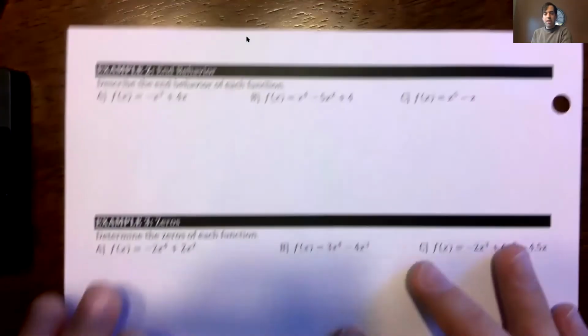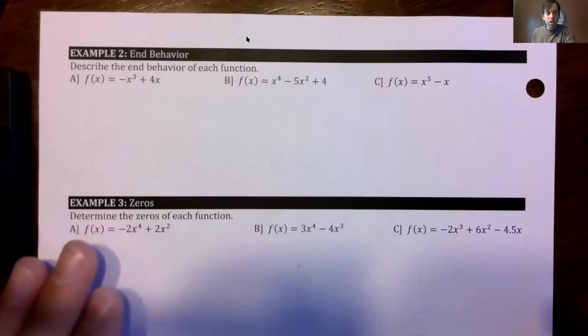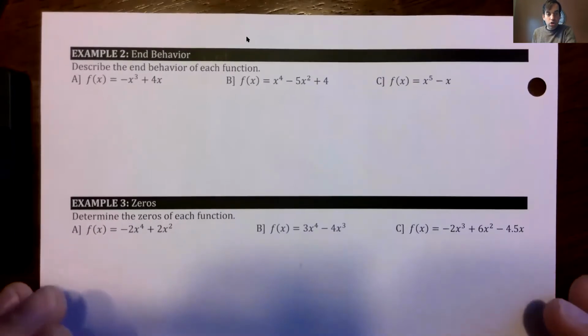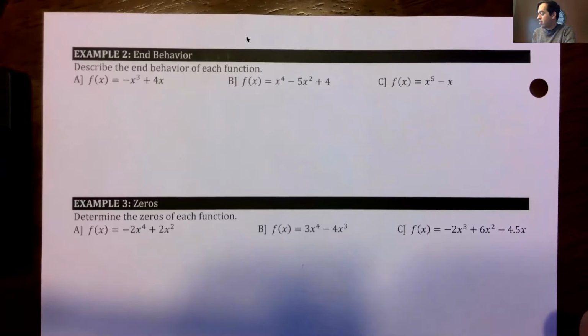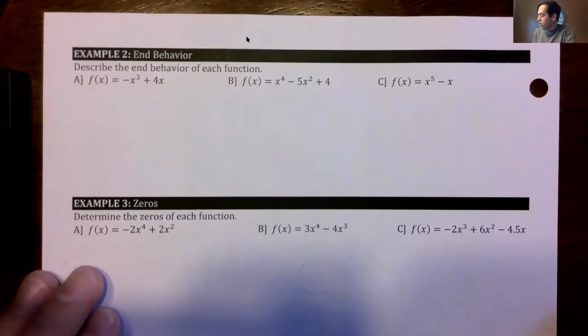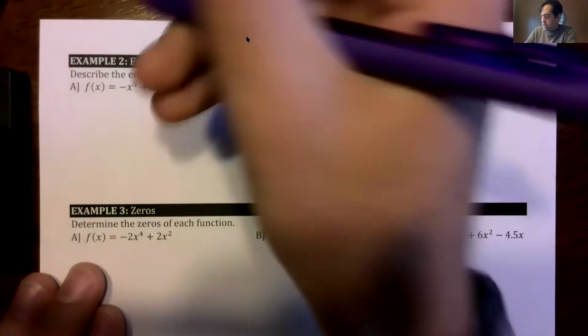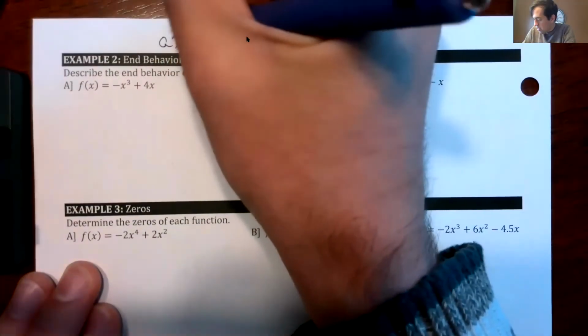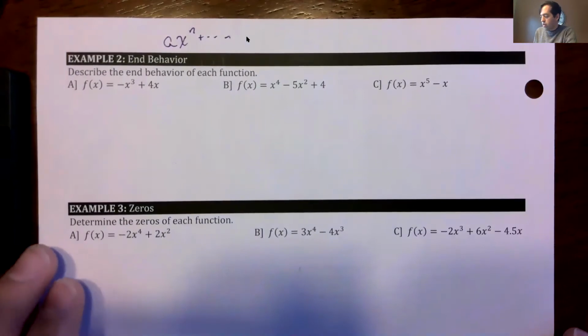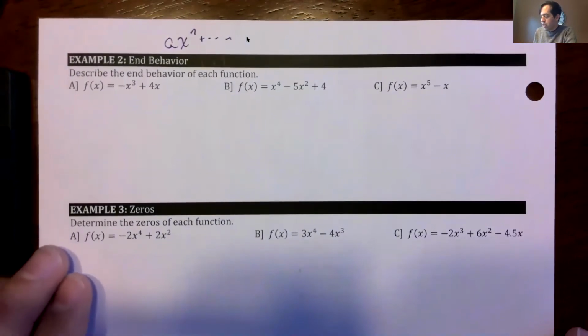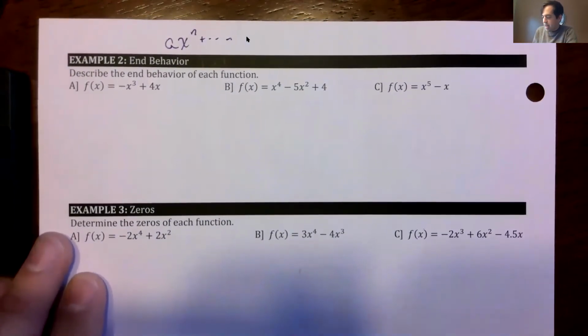Example 2. Now we're looking at actual end behavior. We want to determine the end behavior of each function. And looking at the graph isn't even necessary for us to be able to figure this out. All we want to know is the a and the n. So think about that on the other side. We have this a x to the n power is our first term, right, with our highest exponent. And so let's figure out the a and the n in letter